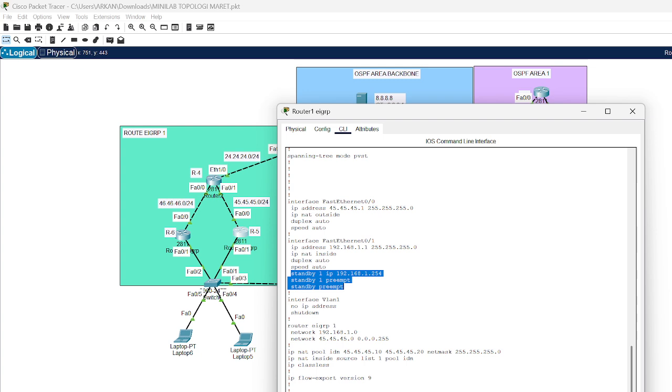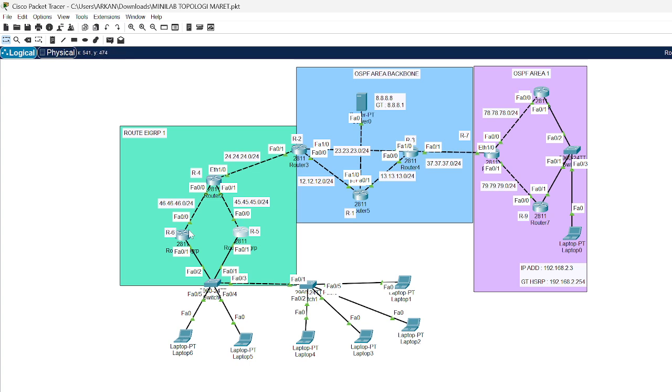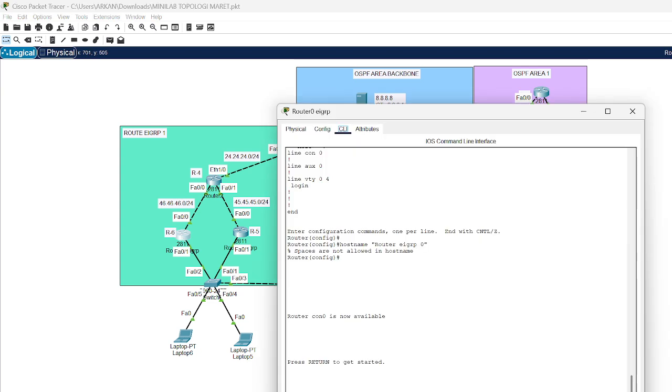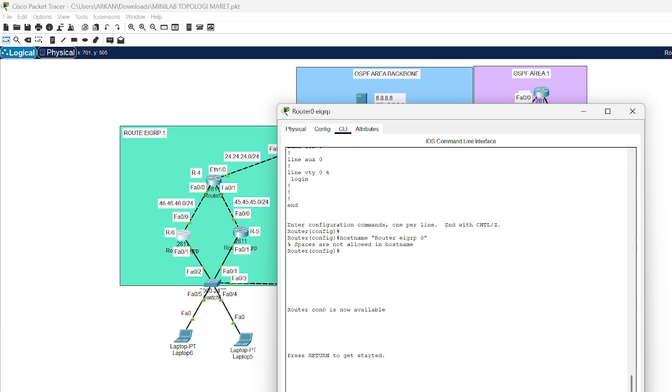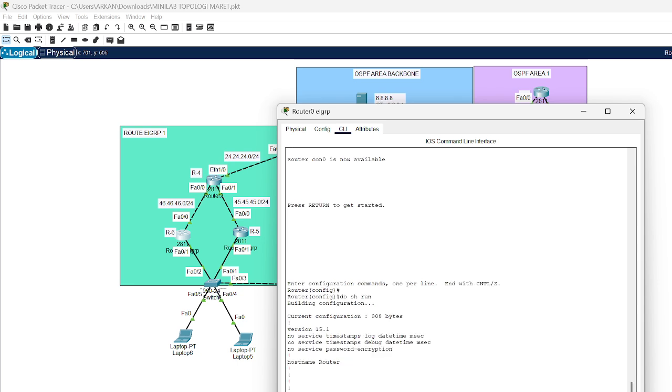And then standby 1 preempt. The configuration in router 6 is same like in router 5, only the IP address is different. I just do show run.